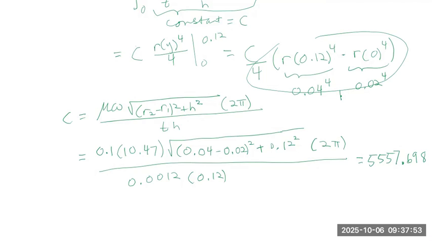So this portion is 6 times 10 to the negative 7. So now we combine these two: 6 times 10 to the negative 7 times 5,557.698. And we get that it is equal to